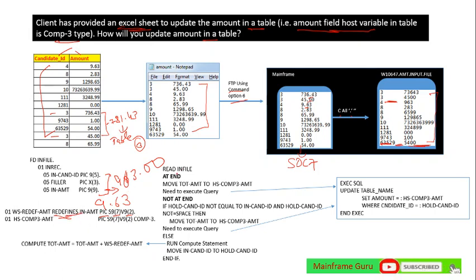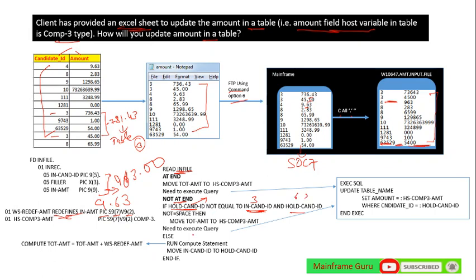First you read your input file, and then control goes to not at end, where it checks whether hold candidate ID is not equal to input candidate ID. First you have kept space in the working storage variable hold candidate ID, and then you check: 3 will come there, and it will see there is space.